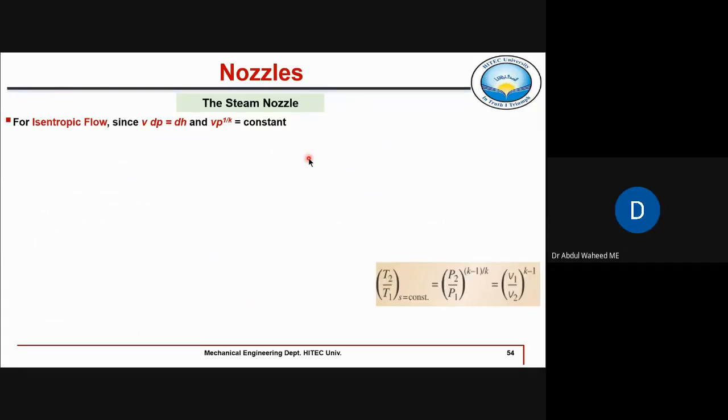So for isentropic flow, that is equation dH is equal to VdP, or Vp to the power 1 over K is equal to constant. This is something we already know from this equation. Here PV is equal to